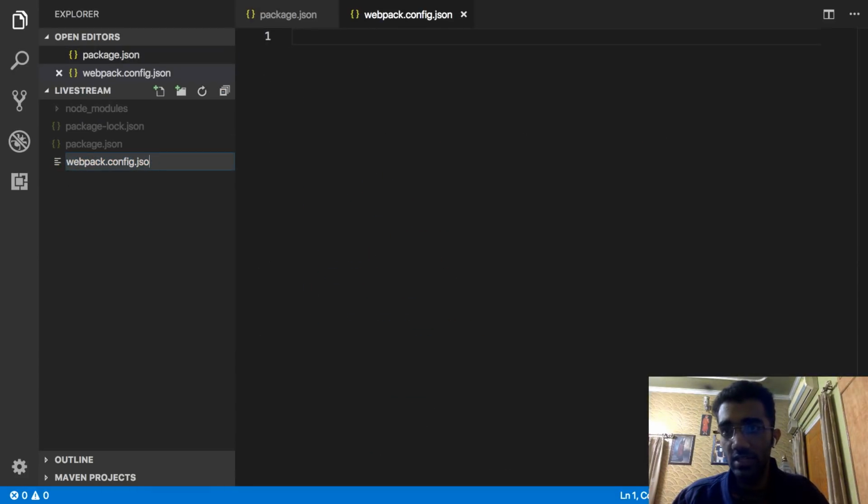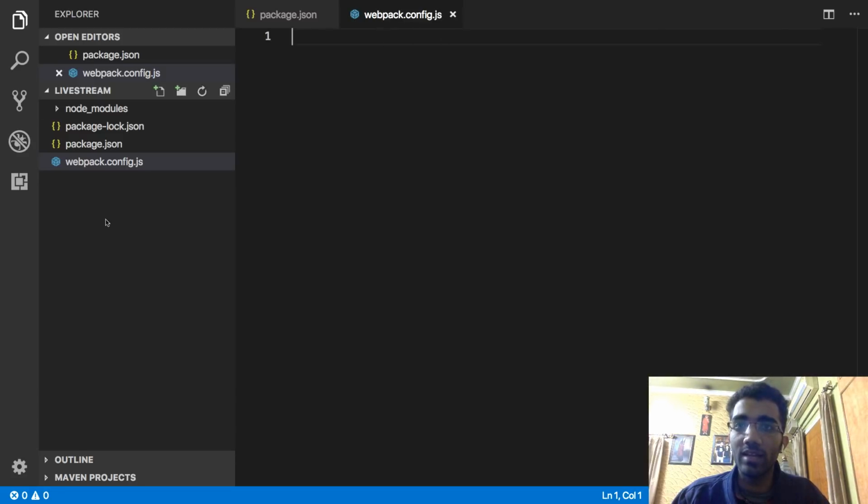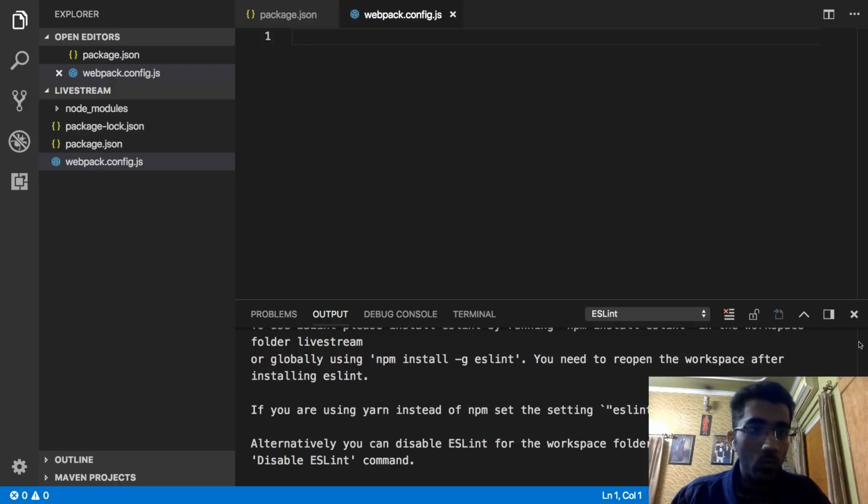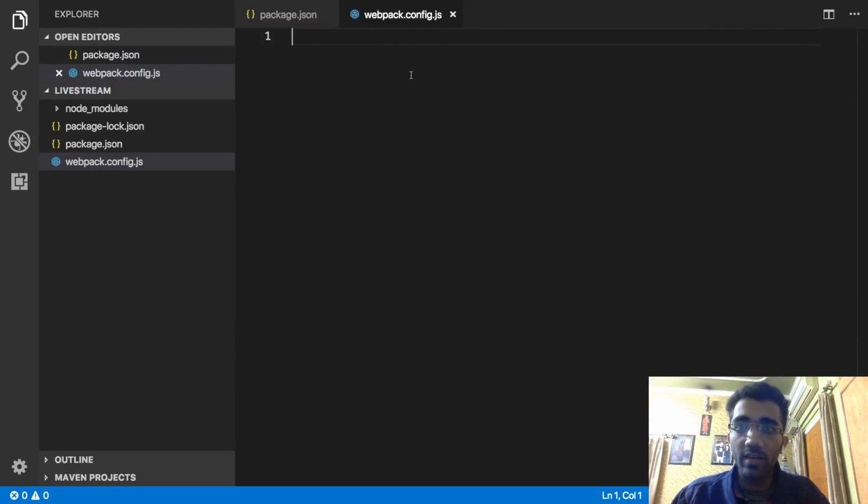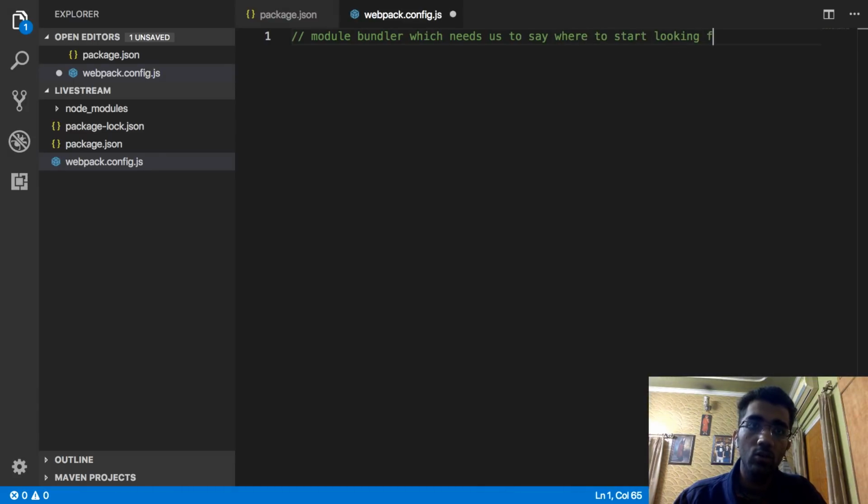And sorry, it's JS, not JSON, right? And I realized it by the icon, right? But anyway, so what we need to do now is configure this file in such a way that when we say, hey Webpack, run our server, it would actually take up this configuration, find a file which is our entry point, and start from there. So think of it like a module bundler which needs us to say where to start looking for the main file,